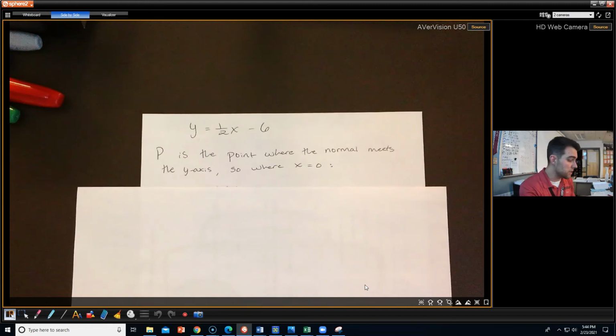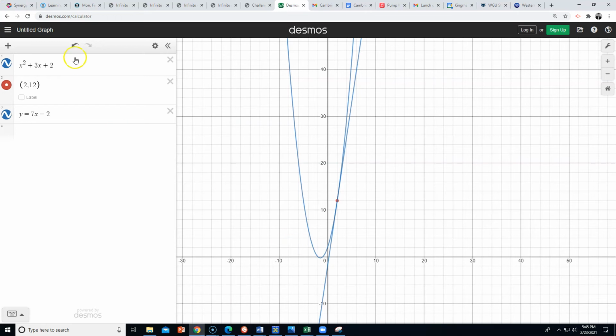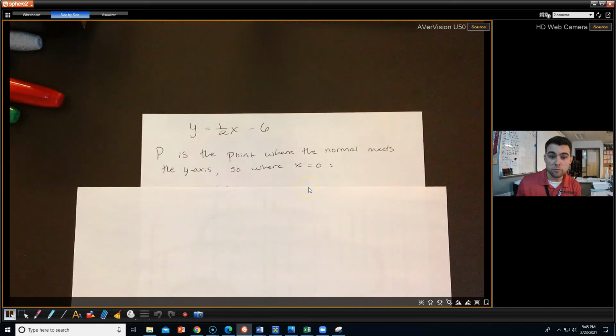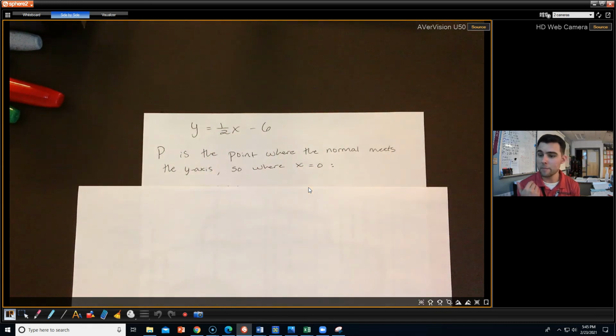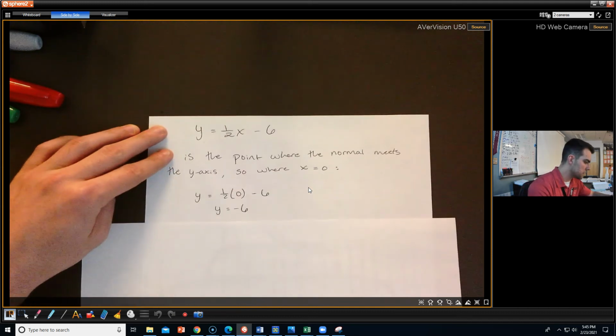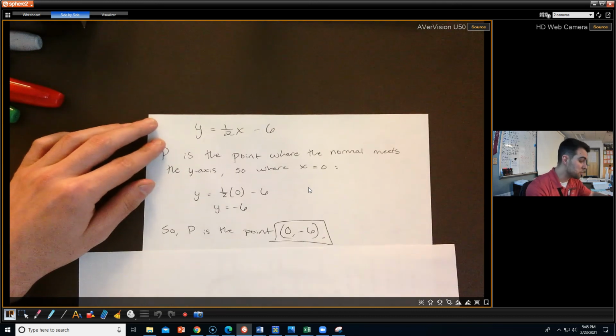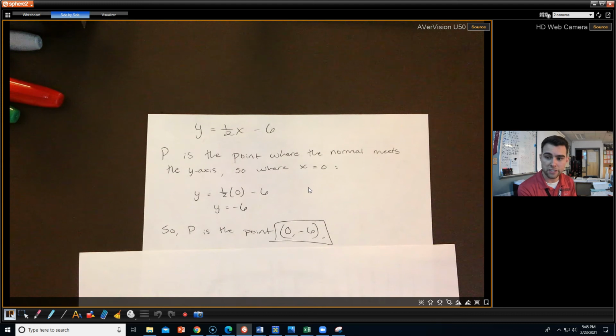Now, it also told me P is the point where the normal meets the y-axis. If something is going to meet the y-axis, x has to be 0, as we remember from looking at Desmos. So with x equals 0, I'm going to plug that in for x right here. That'll give me my y-coordinate to get the point P. Plugging that in, I get y equals negative 6. So P is the point (0, -6), and it's part of that normal line